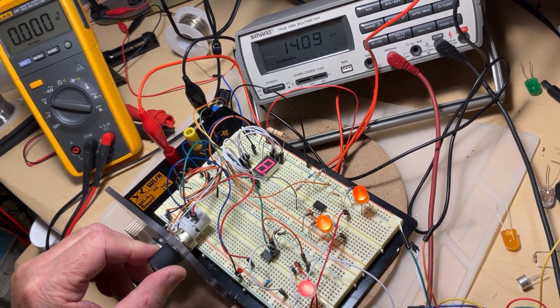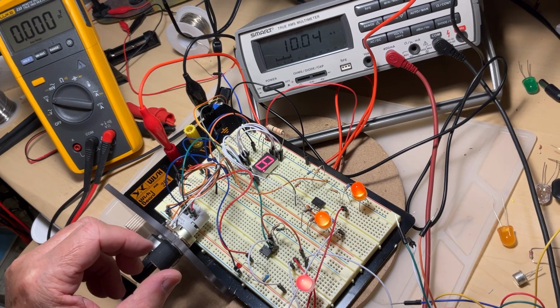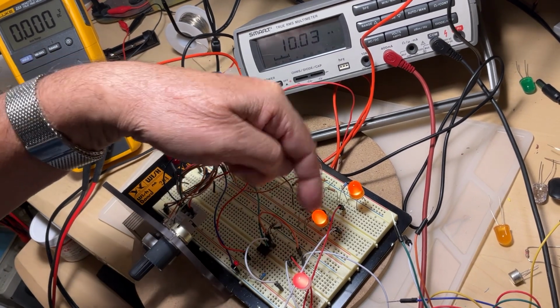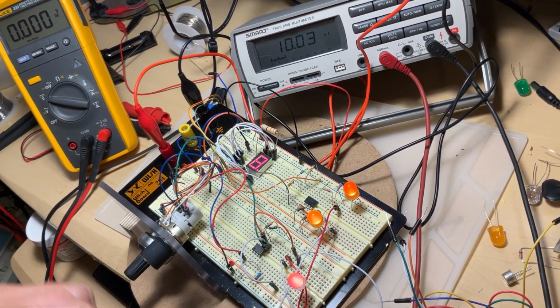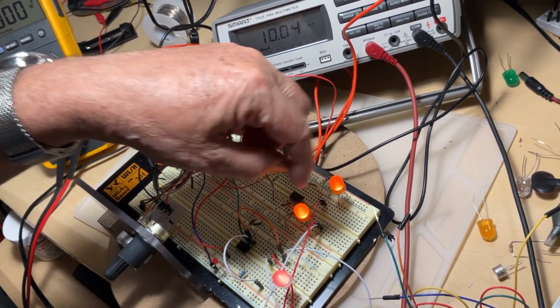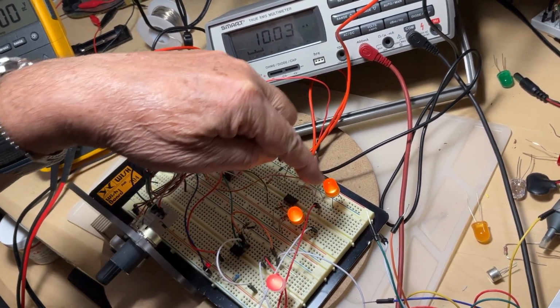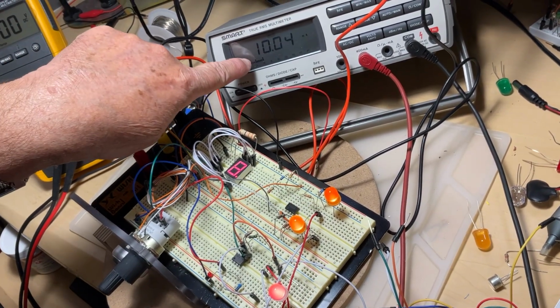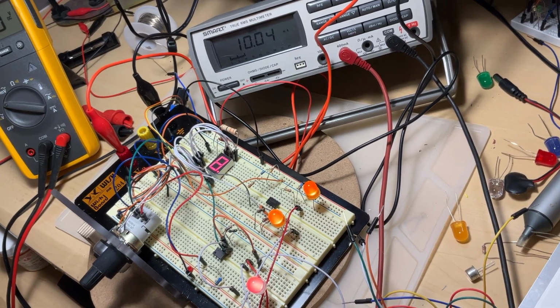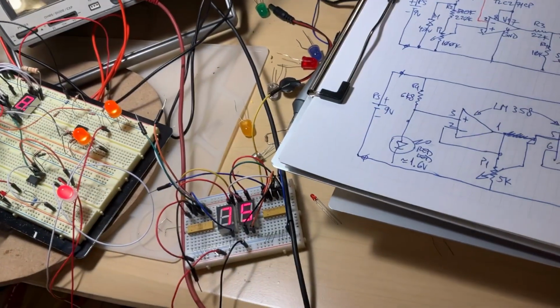If you adjust it about 10 milliamps, the brightness is pretty nice. As you can see, the brightness is not as big as it was for the red LED. So for a similar brightness to the red LED, these ones need 10 milliamps instead of 2.4. So if we do the same calculation as before,